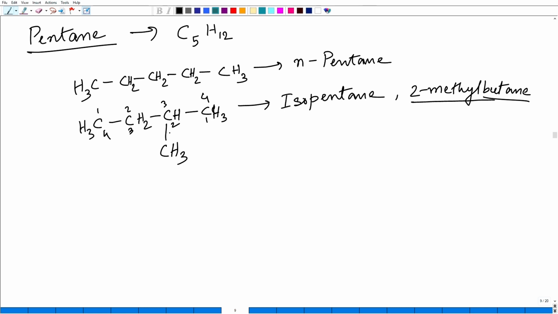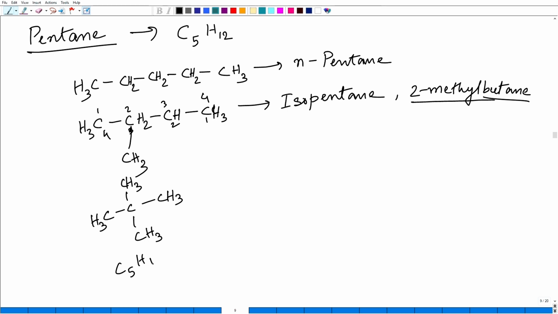Now, if we suppose we remove the methyl from here and place it here, then also the same thing, because if we number from this side, then it will come in the second position. So, there is no difference. Now, another structure can also be possible. If we write the carbon chain like this, this carbon has 4 bonds fulfilled, so no hydrogen. Okay. Here also what is the formula? C5 and H12, right. This is known as neopentane,